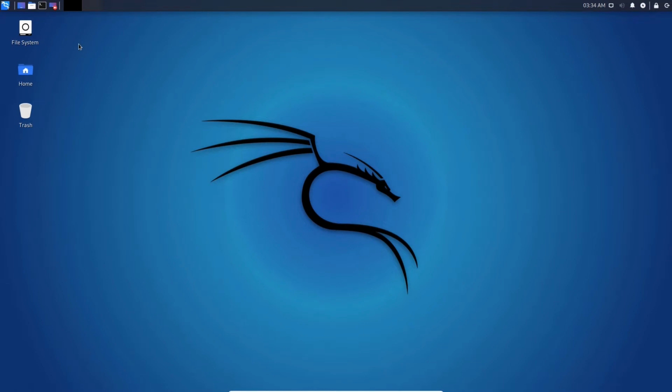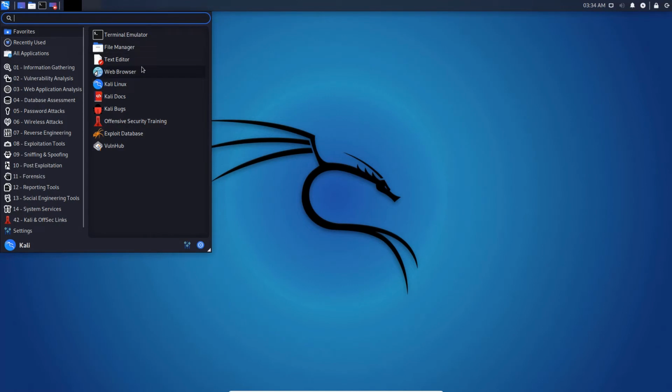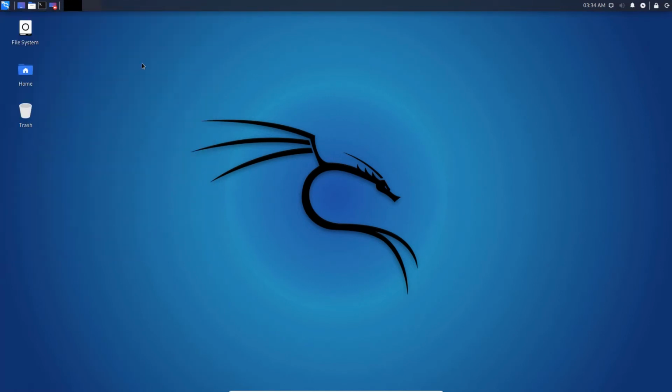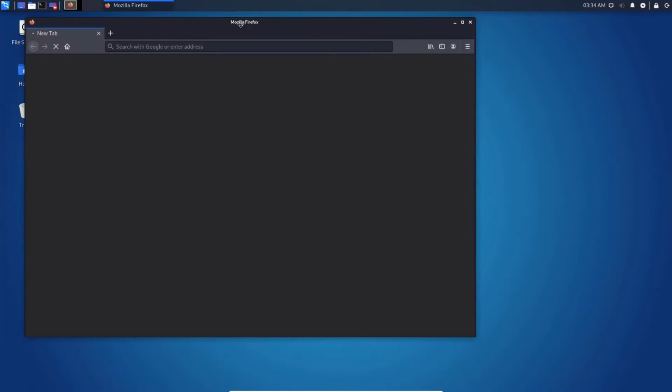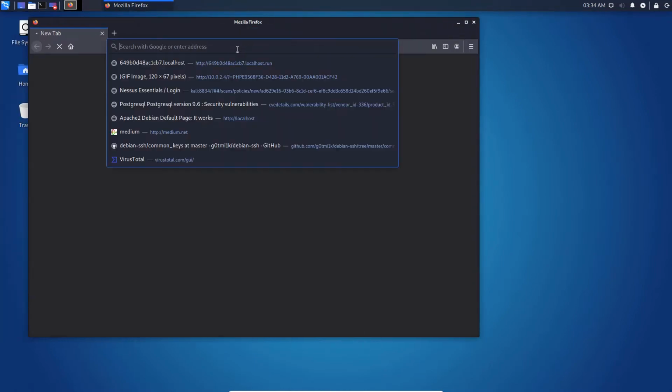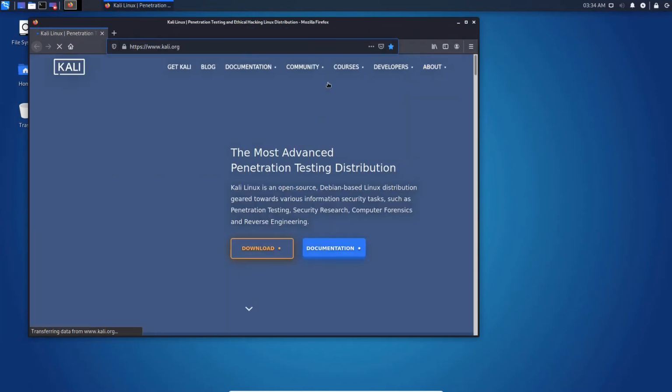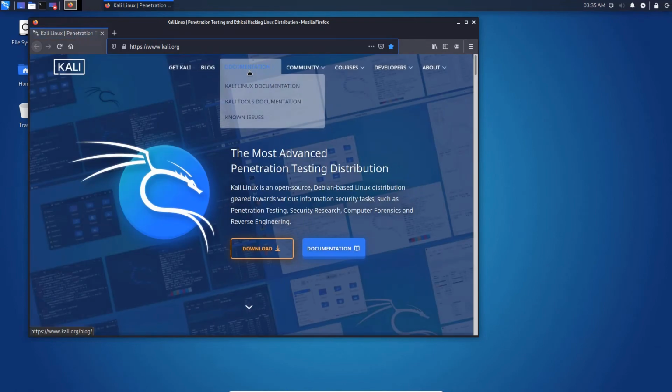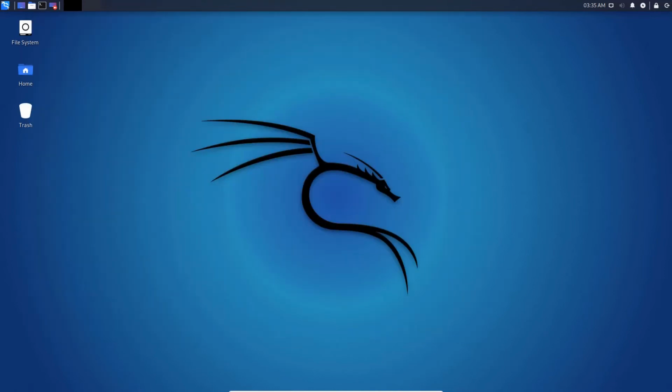So if you want to read more about Kali Linux, you could go here on their official website of Kali Linux. And there's a blog, documentation, community. So if you want to read, just go here. So now,